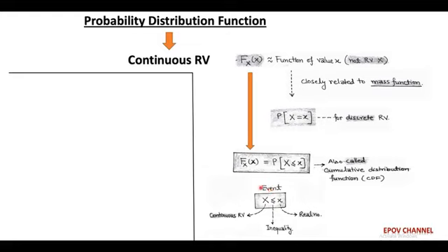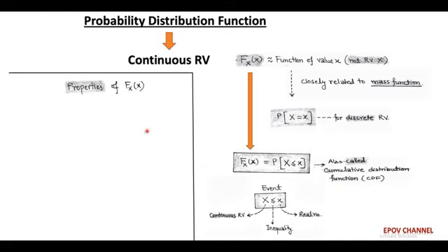Here X less than or equal to small x is called an event. So the event capital X less than or equal to small x has a continuous random variable capital X and small x as a real number. And here less than or equal to is an inequality. So the probability distribution function can be represented in terms of the mass function with the event X less than or equal to small x, and this is called the cumulative distribution function, or CDF.